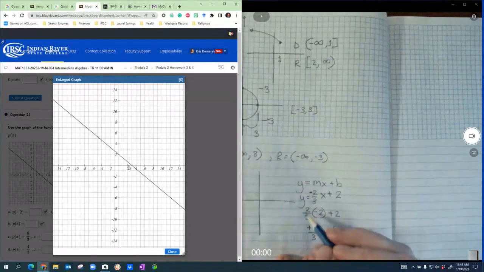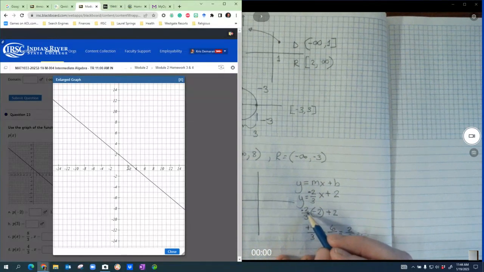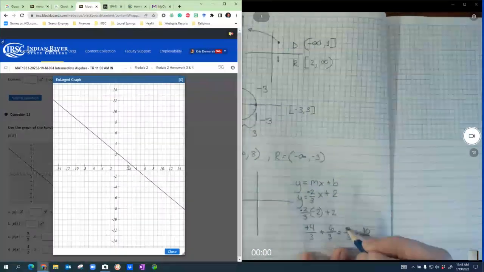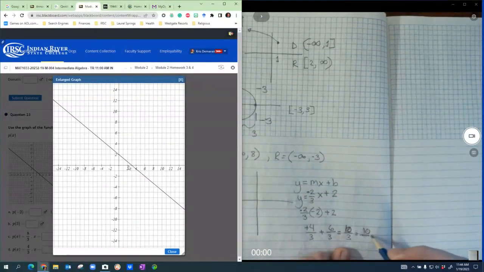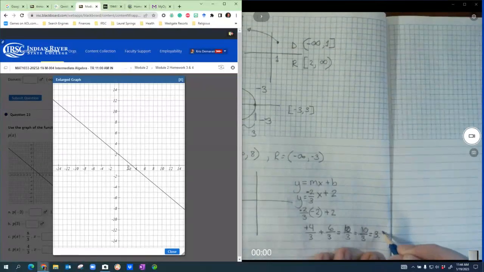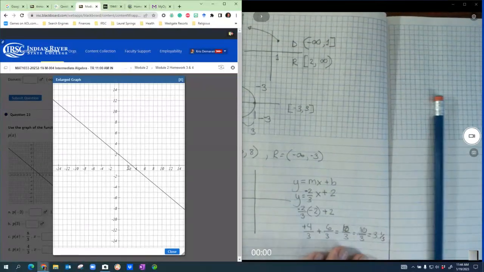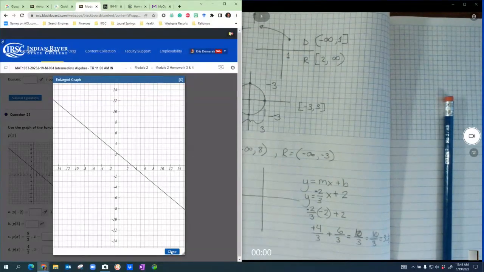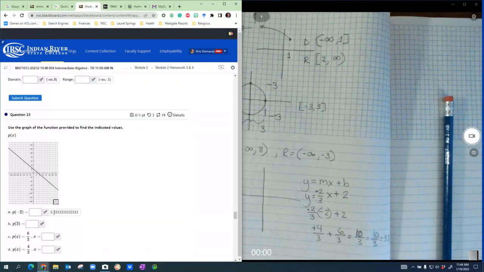Okay. So that was -2/3, which is a downward slope. So now we have down 2 over 3. Yeah, that makes sense. So now we have 10 over, I should put it here, 10 over 3. And then that's when we get 3 1/3. So like I said, I did not like this question. The whole reason why I don't like this question is because you can't just look at the graph and identify